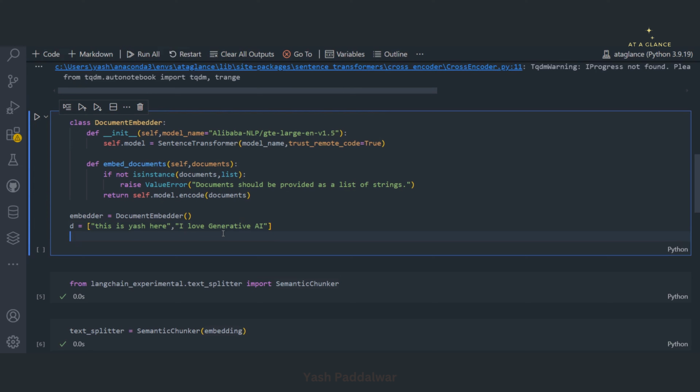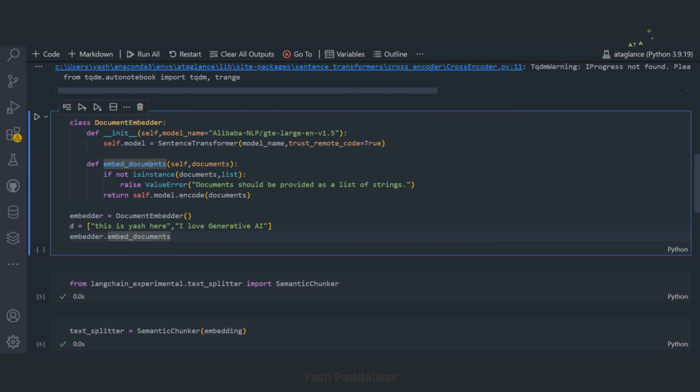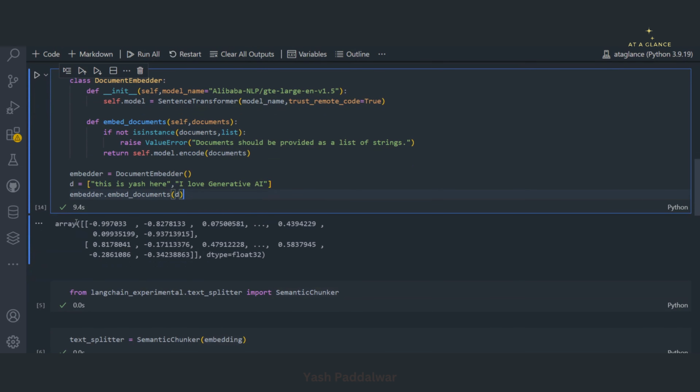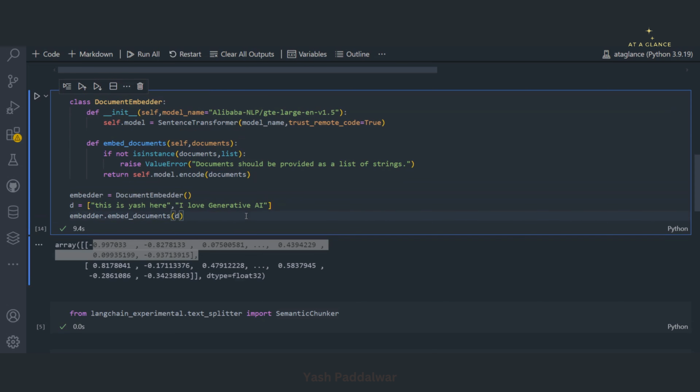And what we'll do is we'll simply create embeddings of it. So we'll call the object embedder dot. Now since we have the embed documents functionality already defined inside this particular class, we can simply use it. We'll simply pass on D over here, and let's check whether we are getting embeddings or not. Cool, we are getting it. See, we have got two different arrays which are nothing but the embeddings of two different documents that we have passed on over here. So that means our embedding model object is now ready,